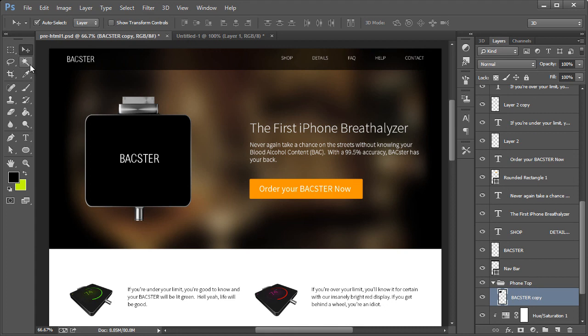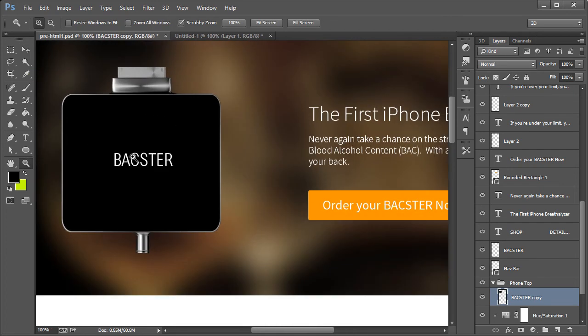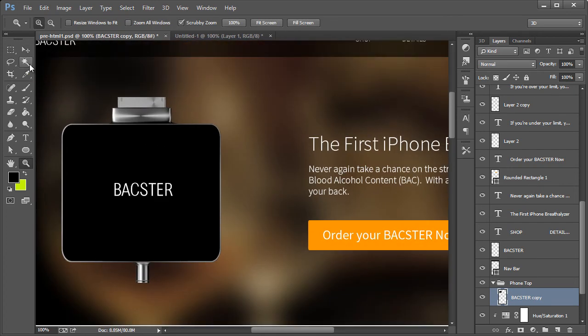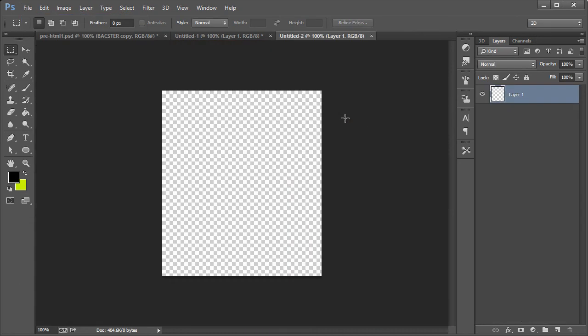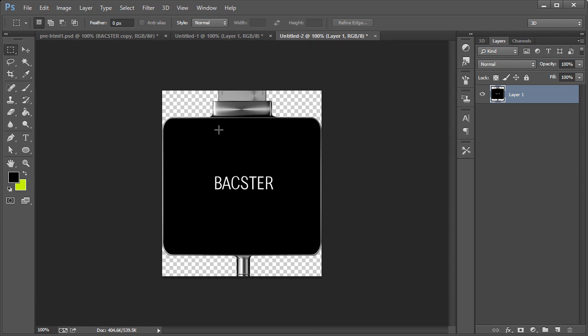All right, so this one is a little bit tricky. Let me zoom up to 100%. If we were to take this image and save it as a PNG 24-bit, let me just show you real quickly. We'll just do Control A and then Control C. That copies everything. Go to File, New, hit OK. Control V to paste. All right, so it looks like it would work perfectly, right? And it would, but if we go to Save for Web,